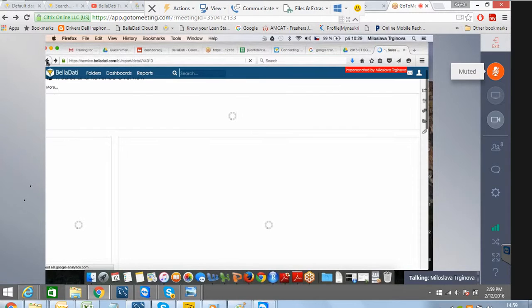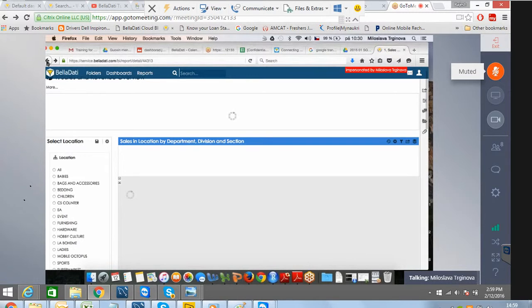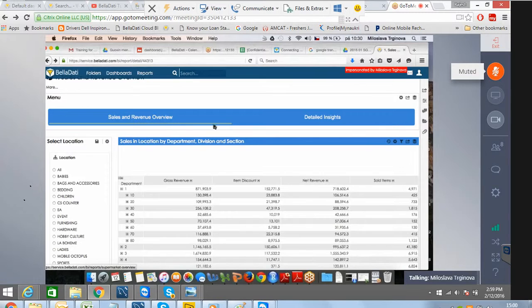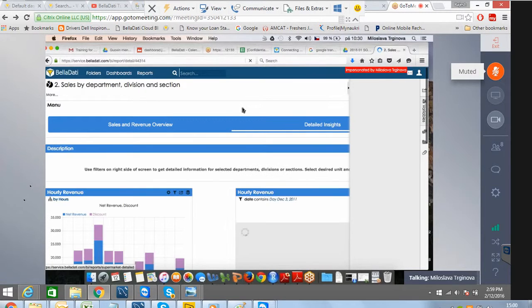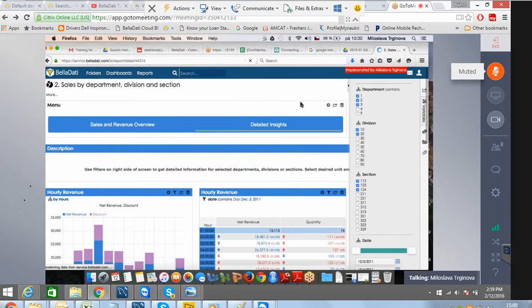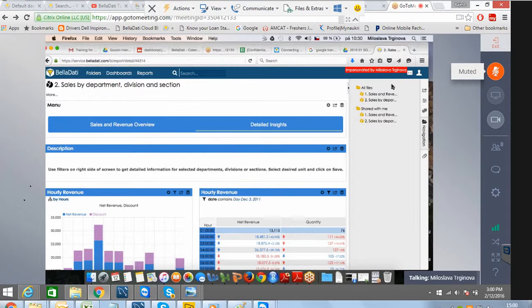So how you can do it is that you either put the menu here on the top, and you can click between reports. Or another option is that you have this icon on the side. Of course, this is not suitable when you have this kind of layout, then you must do it differently. But here are folders, and